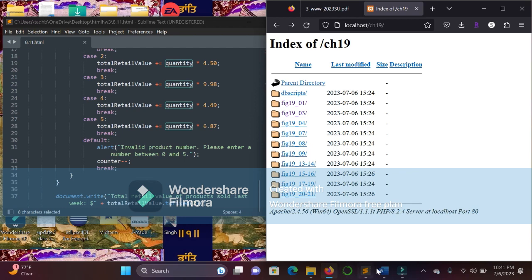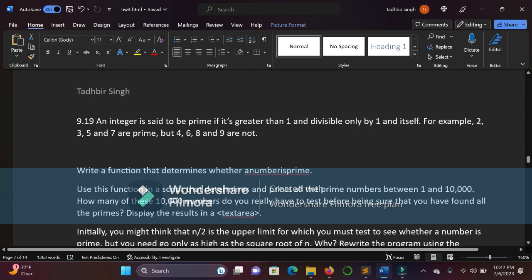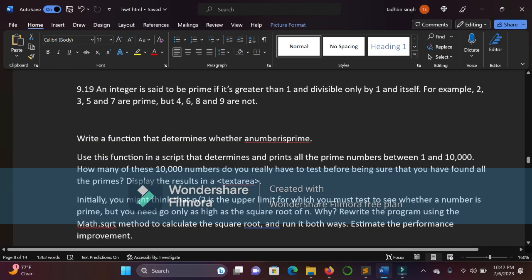Alright, next one. Knocking it down. 9.19. An integer is said to be prime if it's greater than 1 and divisible only by 1 and itself. For example, 2, 3, 5, 7 are prime numbers, but 4, 6, 8 are not. So basically, these are prime numbers, these are not. Write a function,